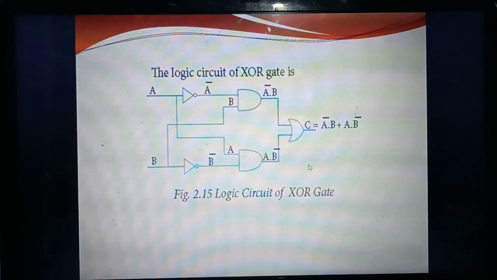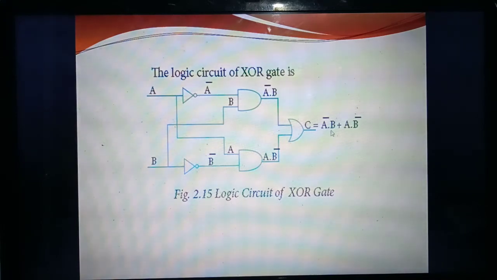How you are getting the circuit. So first for that only, I said you should study this formula. Then only you will be able to draw the circuit. Study the formula, then understand the requirements. What are the requirements you need? A bar, B bar you need. Then A bar, B bar means which gate you should draw? NOT gate. So NOT gate is there. So A bar, B bar is there.